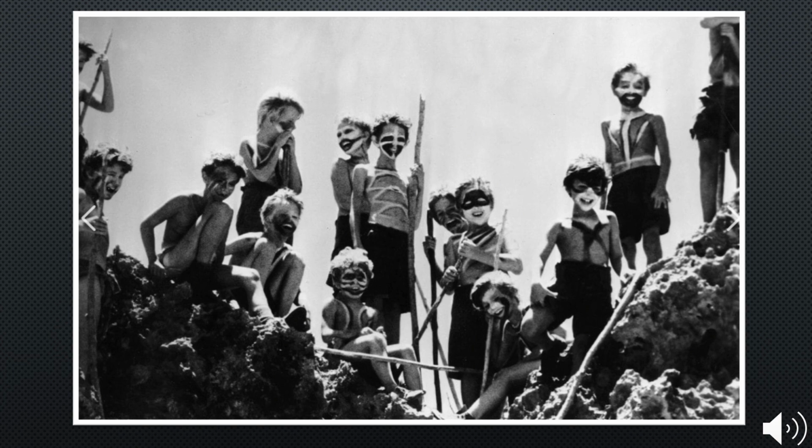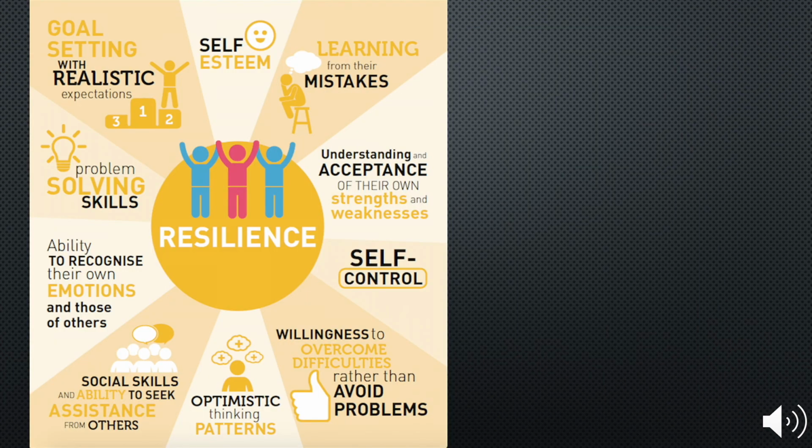Bregman's own research argues that for centuries, Western culture has been permeated by the idea that humans are by nature selfish and violent creatures, but that recent psychological research and real-life stories, such as that of the Tongan castaways, paint a much more hopeful picture of friendship, cooperation and resilience. So what is resilience, and how can we increase our resilience?